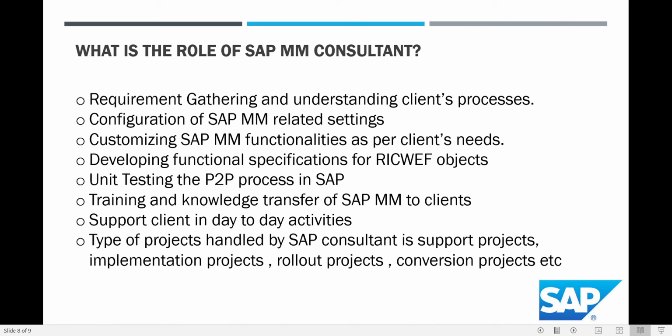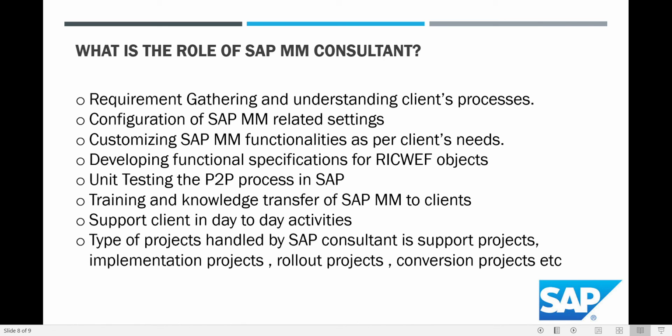To conclude, I'll explain some of the project types that we have in SAP. The first one is the implementation project, where we have to build and configure the SAP as per the client from scratch to the end. The second one is the rollout project. In a rollout project, SAP is already in place with the client, but now they want to extend their SAP to different plants, regions, or countries. That is called a rollout project.